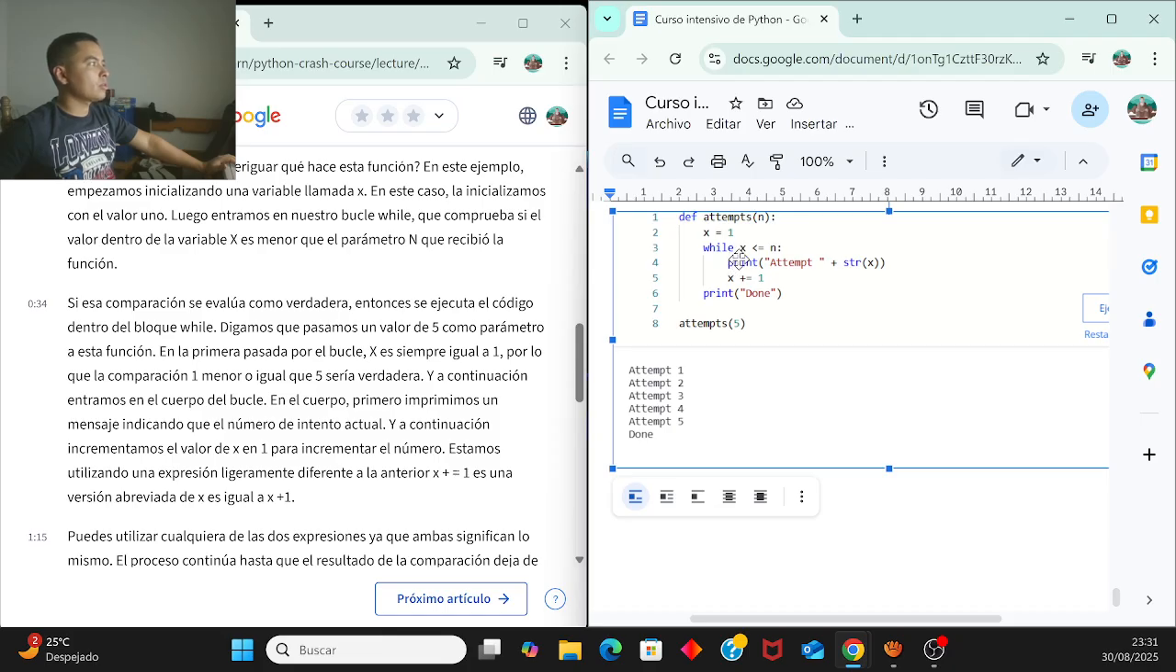Digamos que pasamos un valor de 5 como parámetro. En esta función, en la primera pasada por el bucle, x es siempre igual a 1, por lo que la comparación 1 menor o igual que 5 sería verdadera. Y a continuación entramos en el cuerpo del bucle. En el cuerpo primero imprimimos un mensaje indicando el número de intento actual